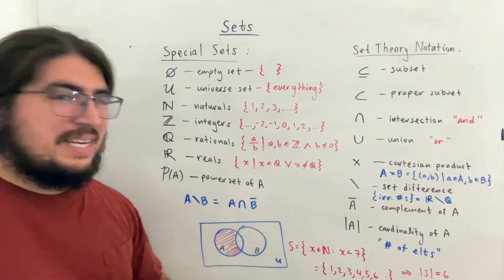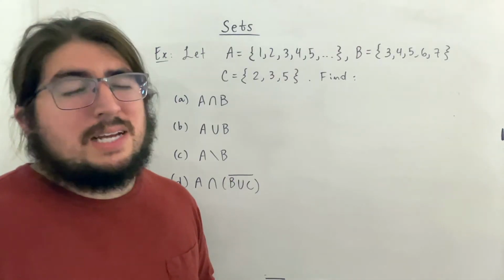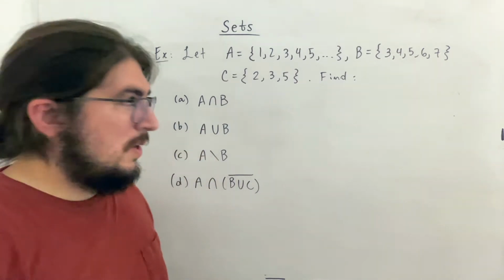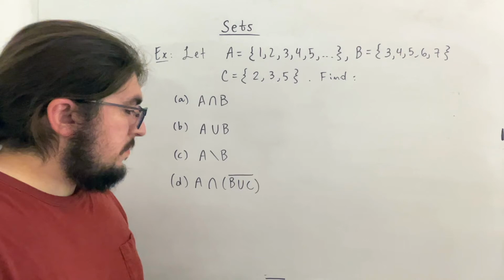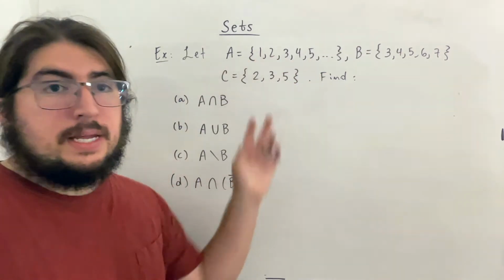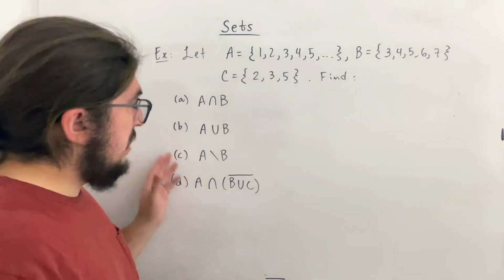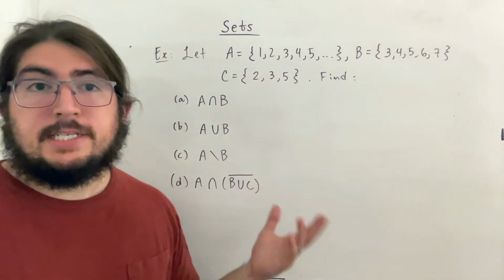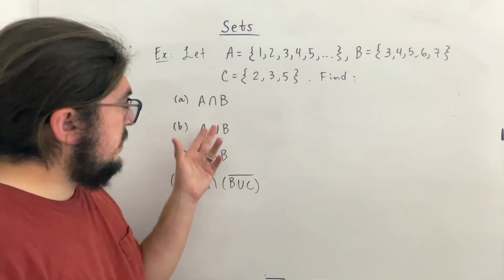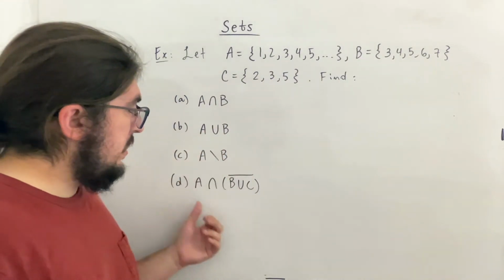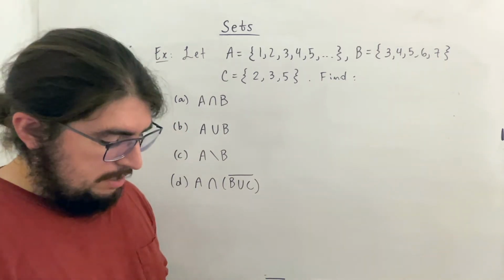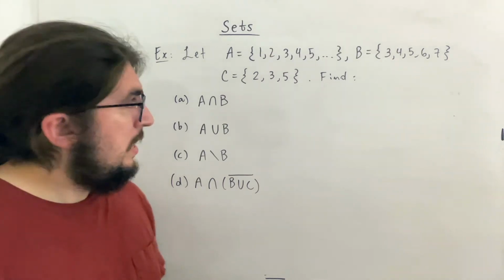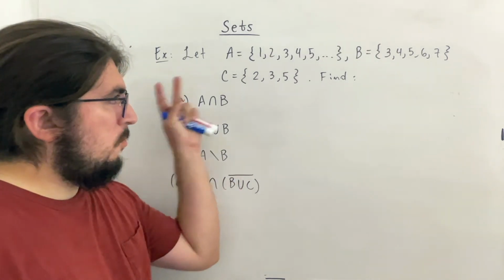Okay, so now we're going to move on to the next idea. Right, so there actually is no next idea. We're just going to be taking a look at an example now. So this example will involve the sets A, B, and C, and we're asked to find these 4 things, these operations of these sets. So we have this intersection, union, this set difference, and then this weird thing, which is a combination of those involving complement. Now, something I want to say maybe before we begin is that notice we can actually rewrite these